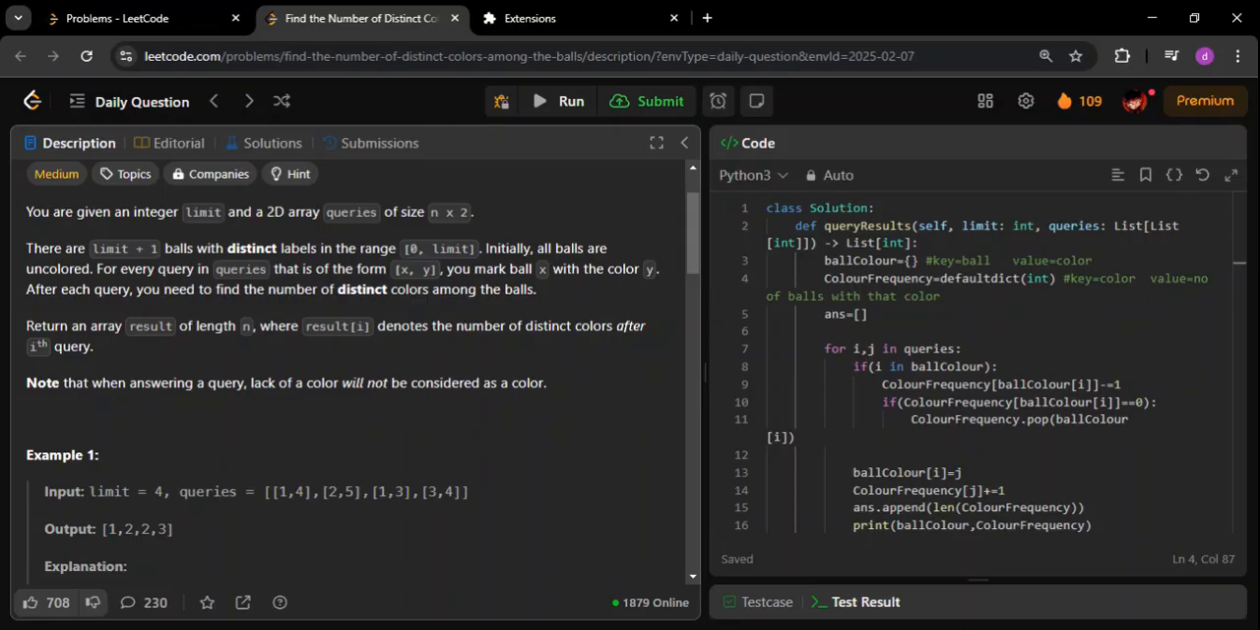Now there are certain queries. What these queries are telling me is that this particular ball, the ball with number 1, is being colored with this particular color. The color name is 4. Similarly, ball number 2 is being colored with the color number 5. Then ball number 1 is recolored with the color number 3. So what you are asked to do is return